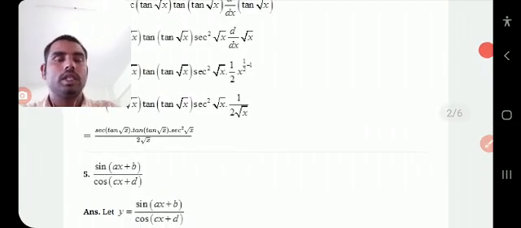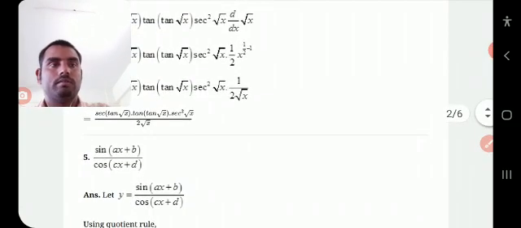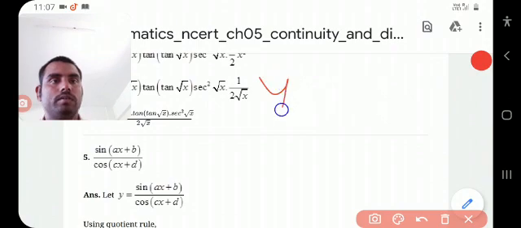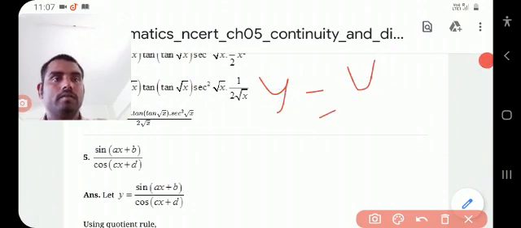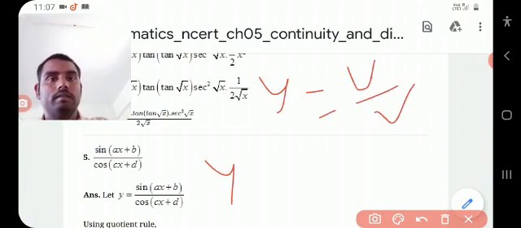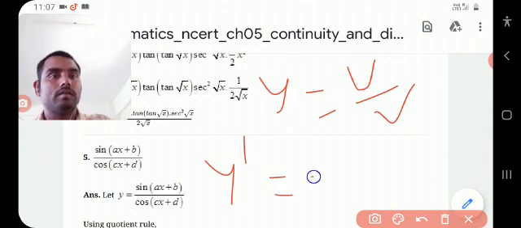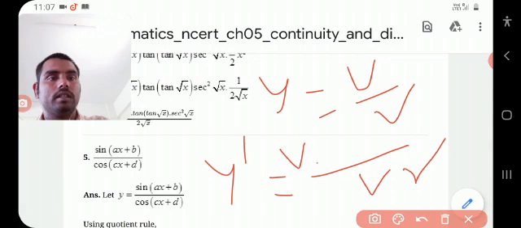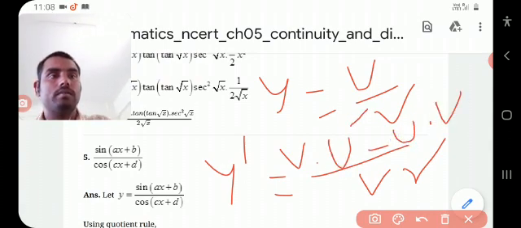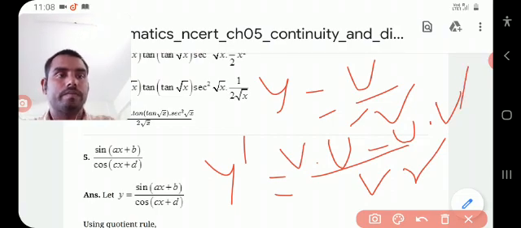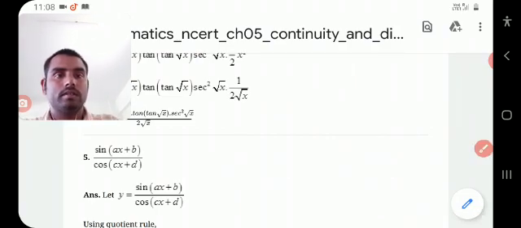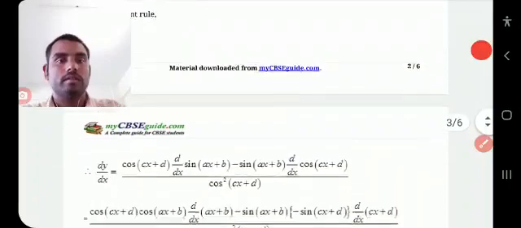Next, the u by v method, number 5. You know, if the function is u by v, what is the derivative? The derivative is (v times the derivative of u minus u times the derivative of v) divided by v square. In this way you can solve this. Okay,